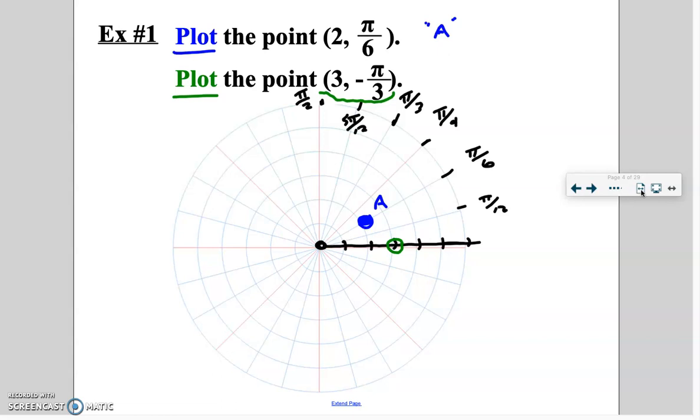So where is negative pi over 3? It's going to be located 3 units out. It's going to be located there. All right, so that's one option. We just did it that way twice. But guys, don't we have another way of going about this? Could we have gone basically in reverse order? Could we have looked at this and said, all right, my angle is negative pi over 3. I've got to find that line. One of these lines represents negative pi over 3. And as soon as we recognize, yep, there it is, that's the line that is negative pi over 3, could we just now count out 1, 2,